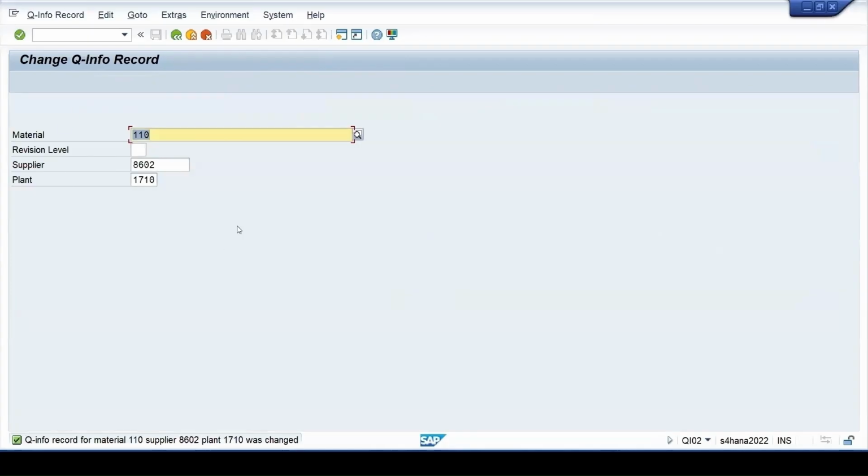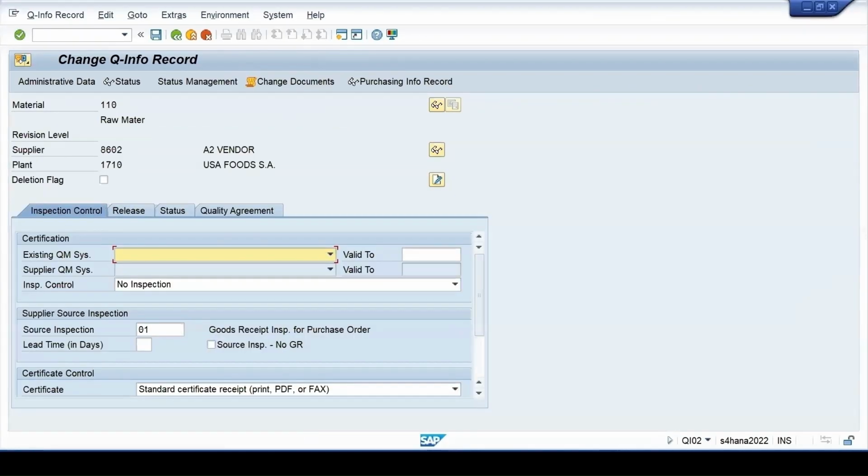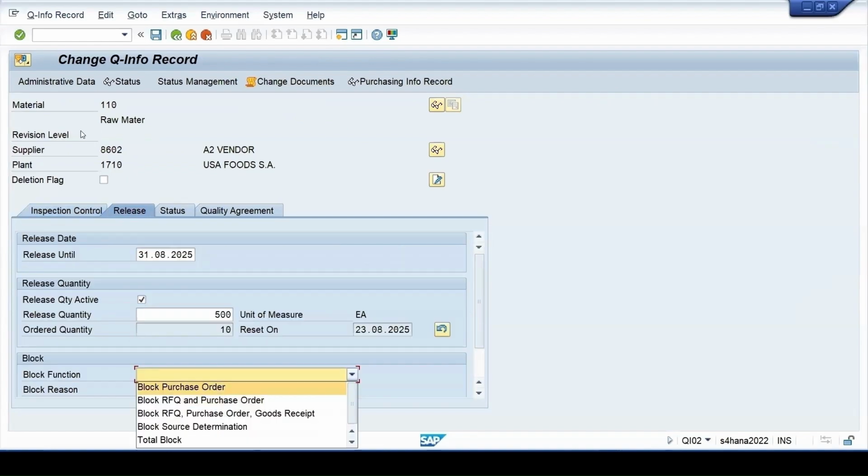For which vendor do I want the inspection to be done? Multiple things. The block function is there. You want to block this vendor because the quality department has a control to block the vendor also. So if you want to do total block, you can select total block. If you want that no further purchase order should be created for this vendor, that can be done.